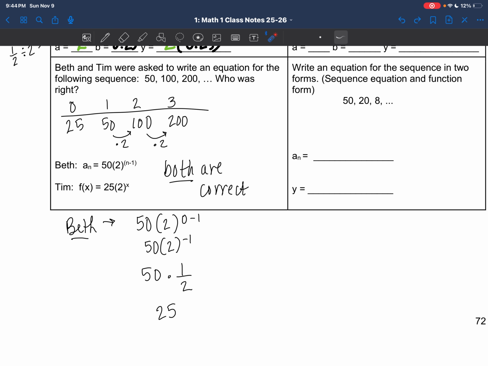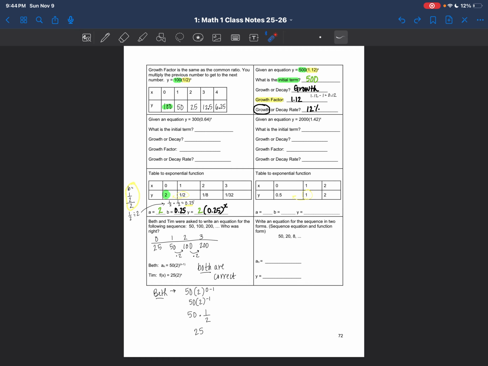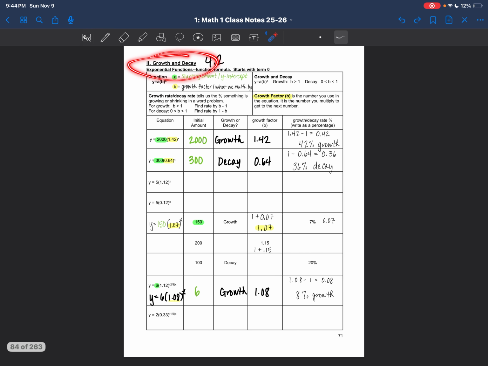And here, I just put down, if this is the first term, this is the 0 term. If we were to put 0 in there, we'd end up with 25 anyways, because remember, if you have a negative exponent, you have to flip it. So you would take 2 over 1 and make that 1/2, and that's where we got that. So either works, and they are both correct. So I want you to go ahead and try that one, and then that is growth and